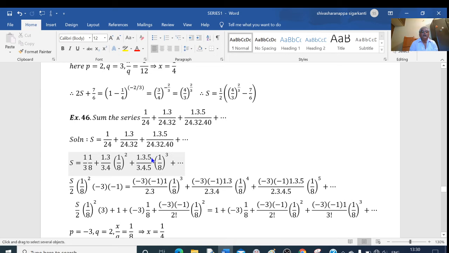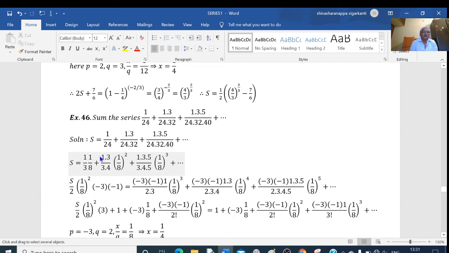So I need 5 terms which are in arithmetic progression. I have to insert them here at the beginning. See what is the difference here? From 1 to 3 is there. That means 2 is the difference. So write one term prior to this one, 2 less than this one. That means here 1 minus 2 is minus 1. One more term here: minus 1 minus 2, that is minus 3. So that means here I need 2 terms which are equal to minus 3 and